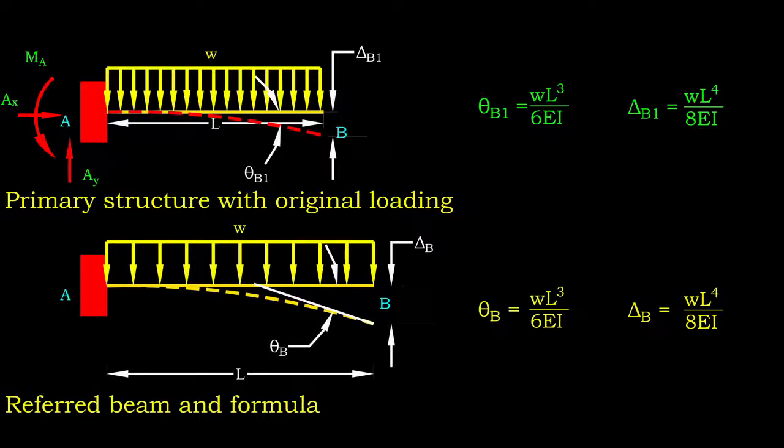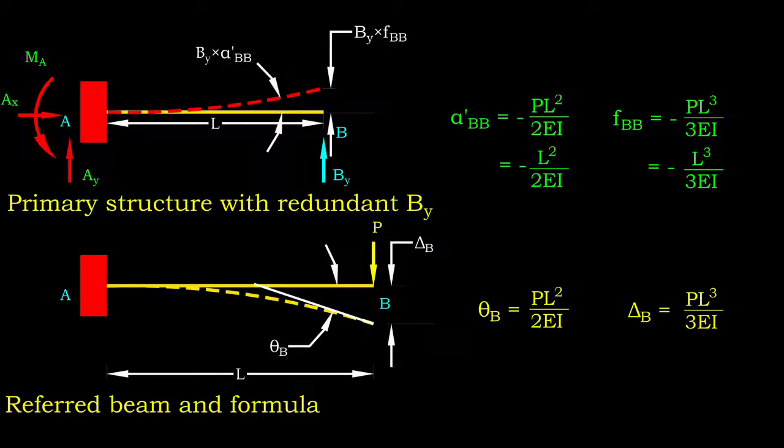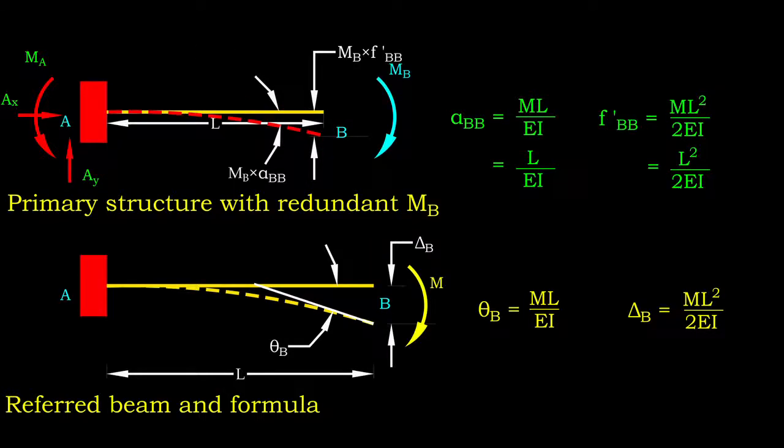For redundant force cases, we determine the deformation due to one unit load and couple moment. To do so, we simply refer to the readily available formulas for a cantilever beam. One thing to note is the sign convention for deflection and rotation. The empirical formula is applicable to certain conditions. When the loading is in the opposite direction from that condition, a negative sign needs to be introduced to the value